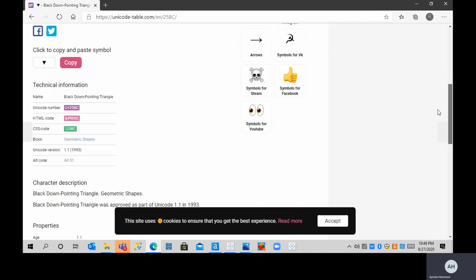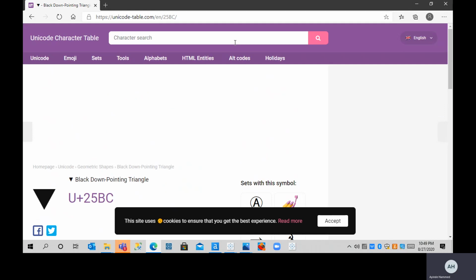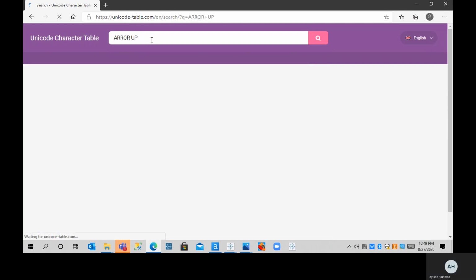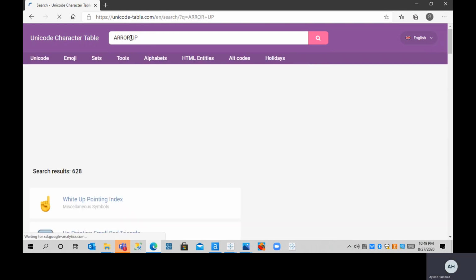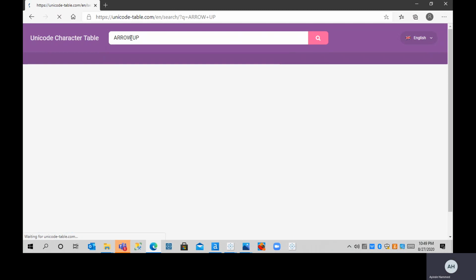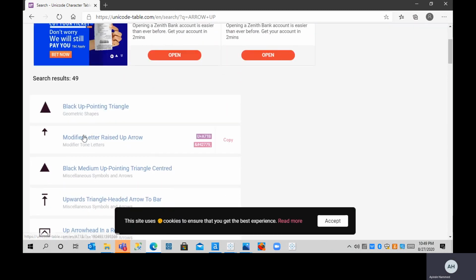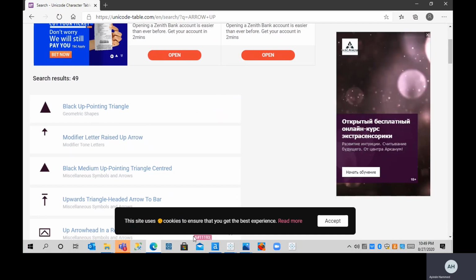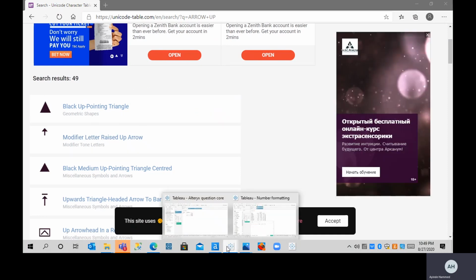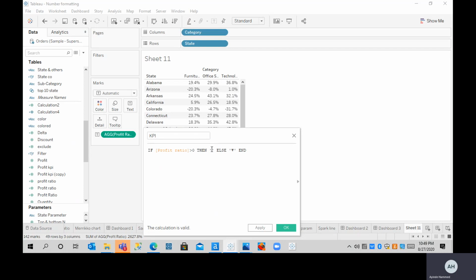So what I used to do is actually look for arrow up. So I'm going to search arrow up. Oops, I guess I put in the wrong thing. Arrow up. So now I'm going to copy this again. Yeah, I'm going to copy this. Cool. So I'm going to go back to my Tableau, put it here, and then boom, we're cool,